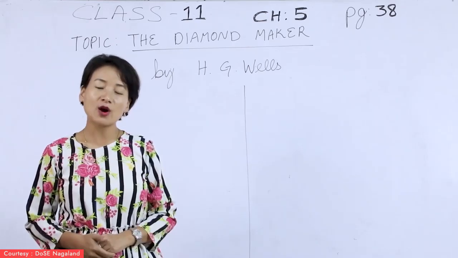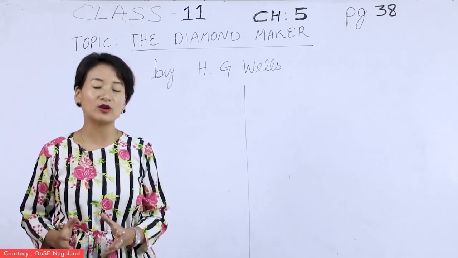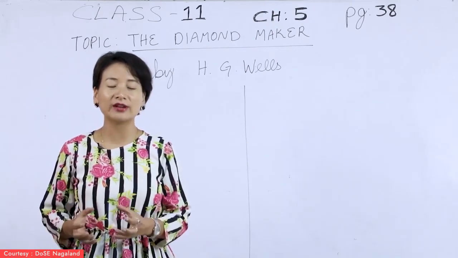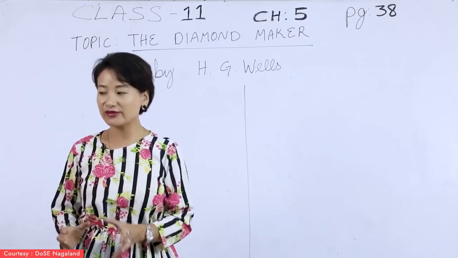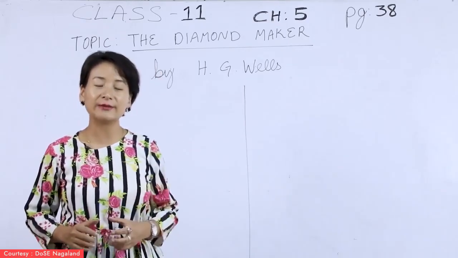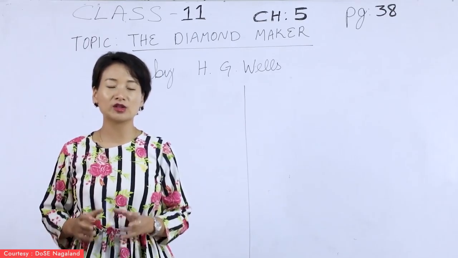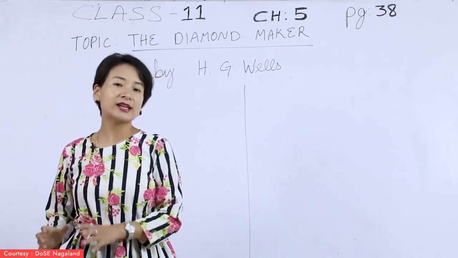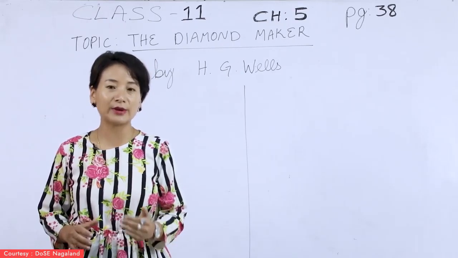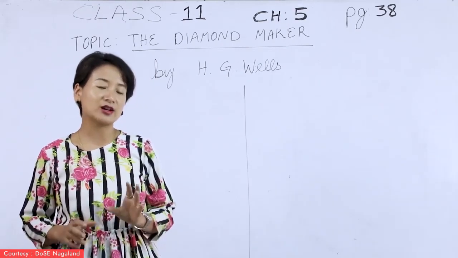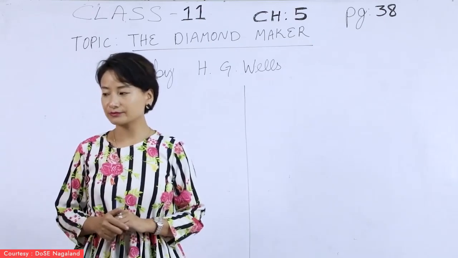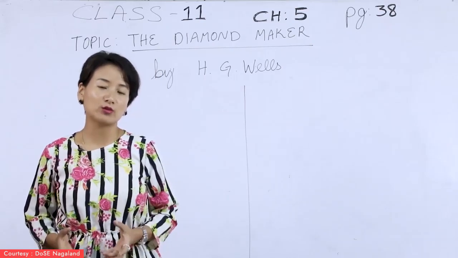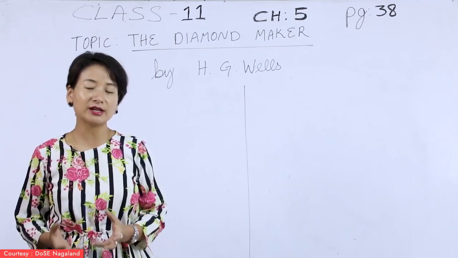However, in this lesson, we are going to take a look at it from the perspective of a diaspora work. In fact, not exactly a diaspora work, but the elements of it are found in the science fiction. In this case, The Diamond Maker is a combination of the social issues being addressed at that point of time. Remember that in the 19th century, modernism is picking up pace. At the same time, there are a lot of social issues, and the author, H.G. Wells, had also experienced the evils of World War, and he became a very pessimistic person towards the end.